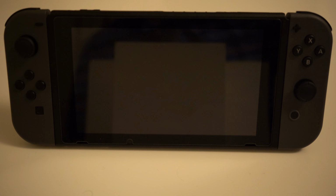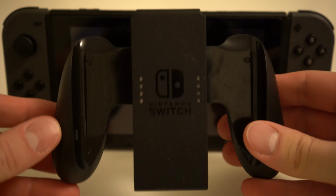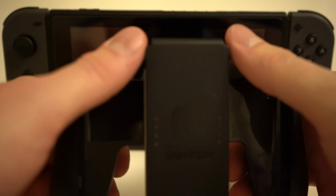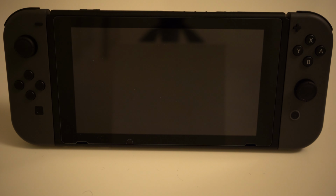So in the box you get obviously the docking station, you get this controller kind of thing, where you can slide the Switch Joy-Cons into this and to make it more like an actual controller. I'll show that in a second. And then you also get two little clip-on things that make the Joy-Cons easier to use controllers. These right here,